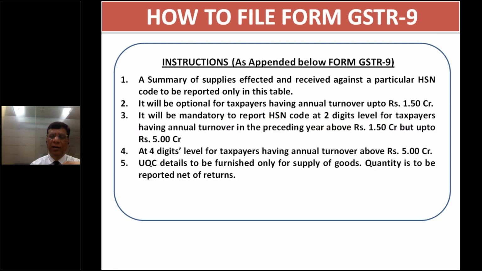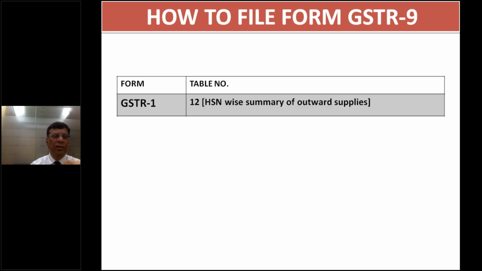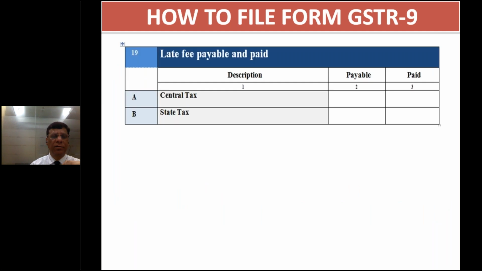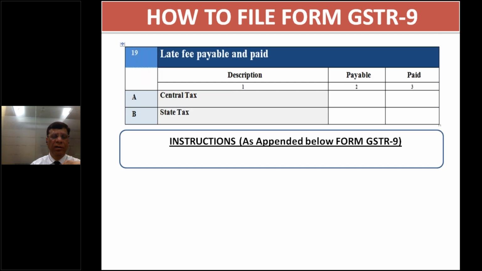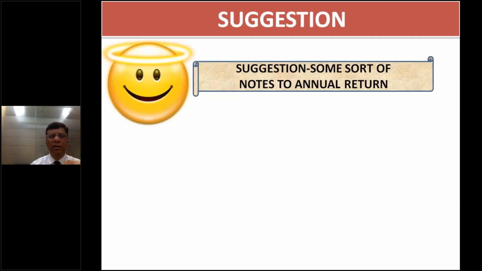These are the details relating to HSN mentioning, etc. So finally, table 19, we have to tell if our form GSTR 9 is late, whether we are liable to pay some late fee and whether we have paid that particular fee. These are the details to be filled in form GSTR 9, and